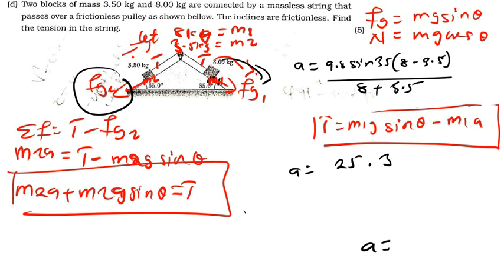To get the accurate answer, I need at least 3 decimal places. I divide this by 11.5, right? Yeah, 11.5. So then acceleration will be equal to 25.295 divided by 11.5, so that gives me